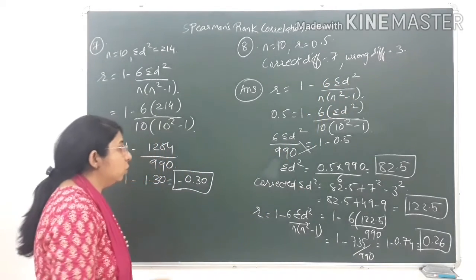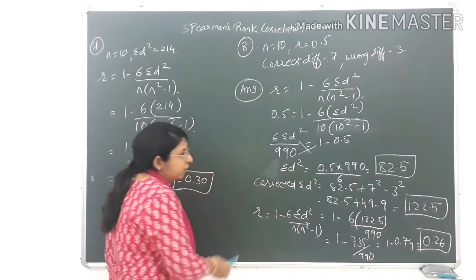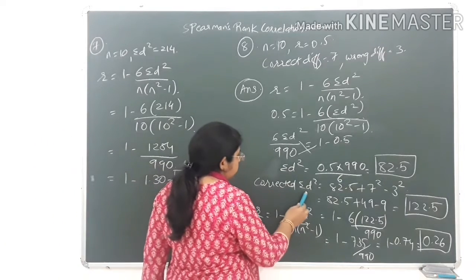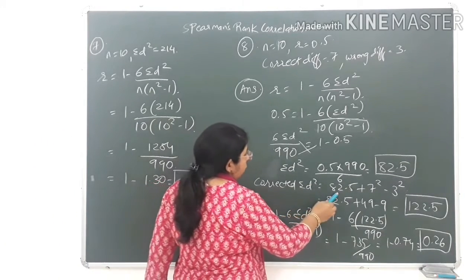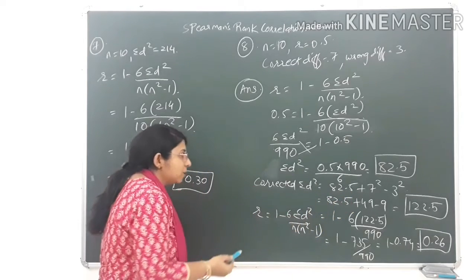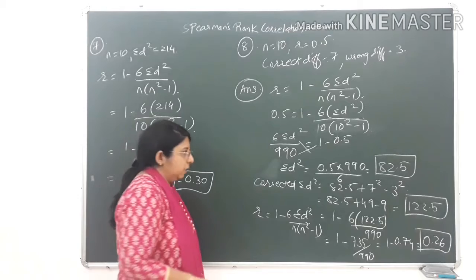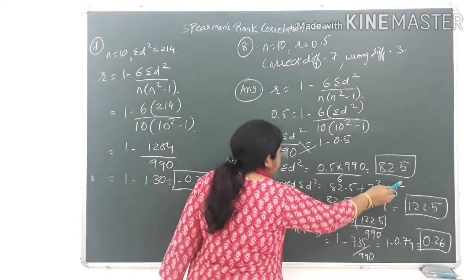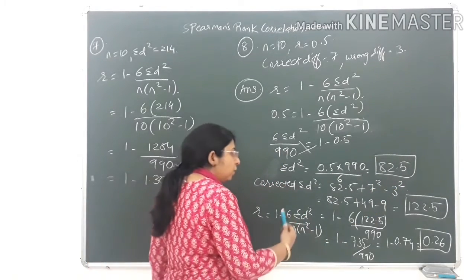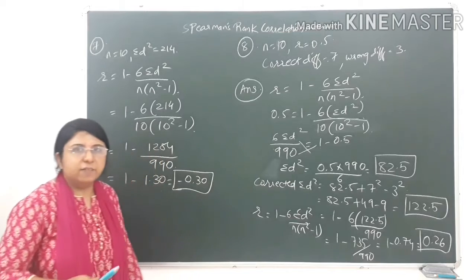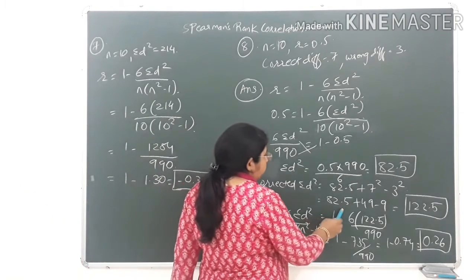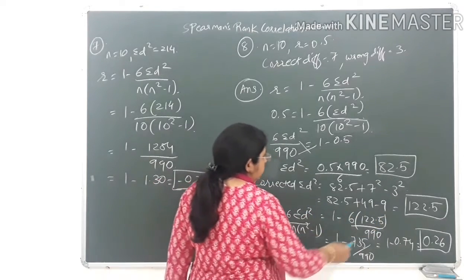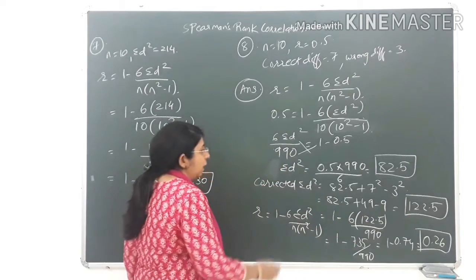So now first of all we have to correct sigma d square, and then again find the value of the correct rank correlation. Rectifying the mistake, sigma d square is equal to 82.5. What is the correct one? We have to add it. And what is the wrong one? That we have to subtract. So the correct one is 7, so 7 square, and minus 3 square, that is the wrong one that we have to subtract. You can write minus 3 square first and then plus 7 square also; it doesn't make any difference in the answer. So 82.5 plus 7 square, that is 49, minus 3 square, that is 9. By doing the addition and subtraction, you will get the corrected value of sigma d square,